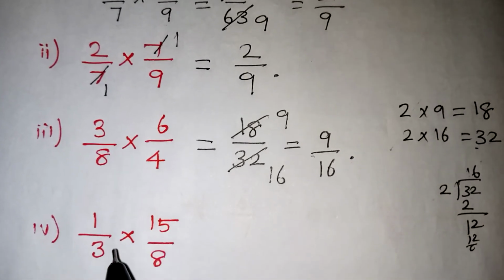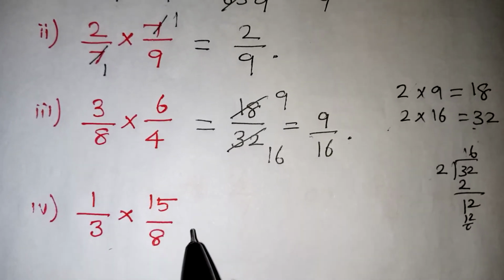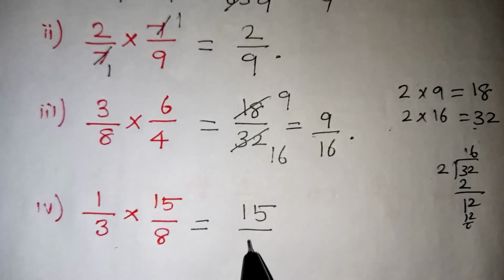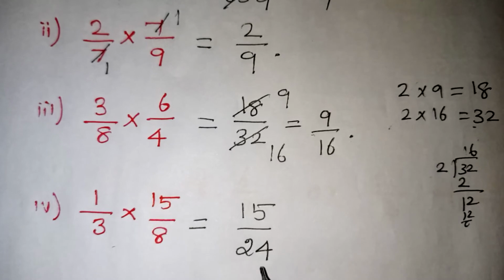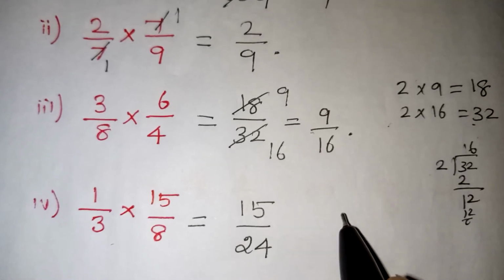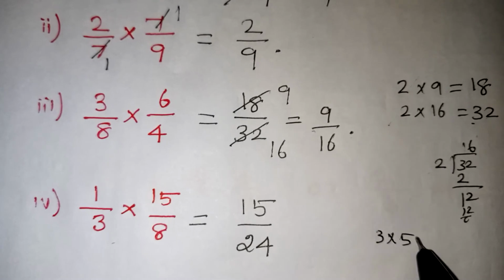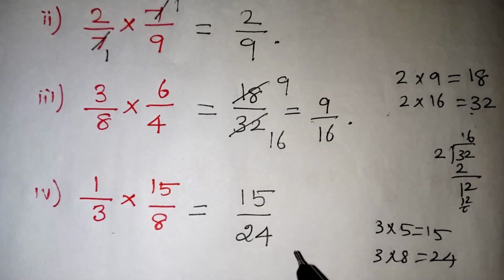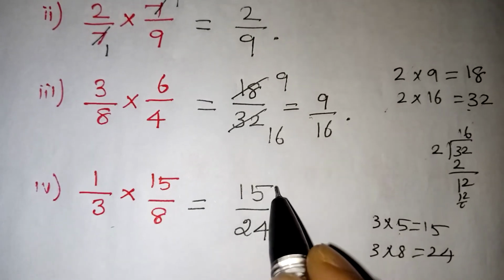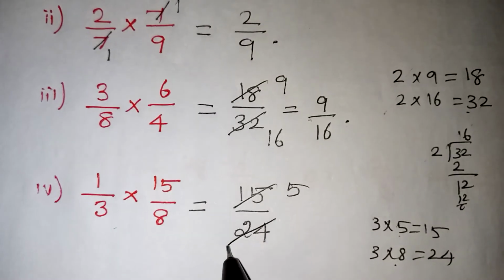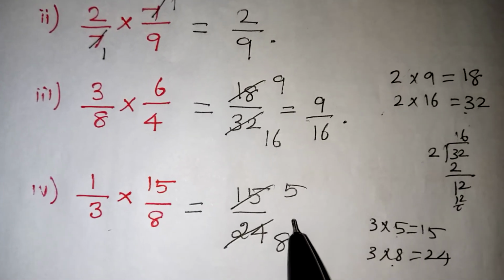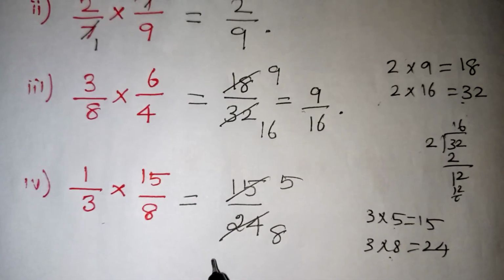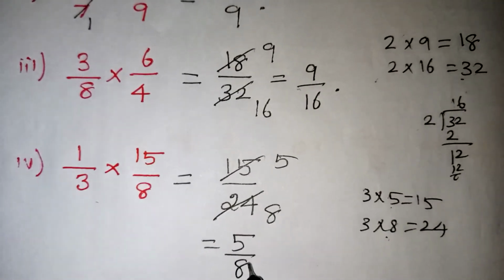Let's go on to the last problem. 1 by 3 into 15 by 8. So let us write first. 1 into 15 will be 15 and 3 8s are 24. So both will come in the 3 table. So 3 table, this is actually 3 5s are 15 and 3 8s are 24. So 3 should not be written because we are cancelling by the 3 table. This is how many times, 3 5s are. This is how many times, 8 times. So 8s are. You should not write 3 anywhere. We are using the 3 table, we are cancelling it. How many times it is coming, that only you have to represent as the answer. So 5 by 8, that is your correct answer, children.